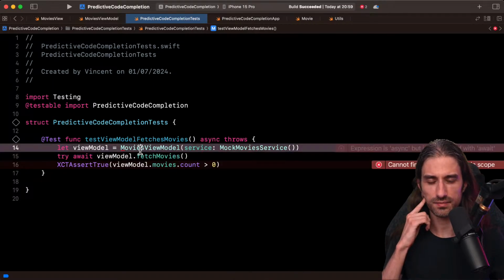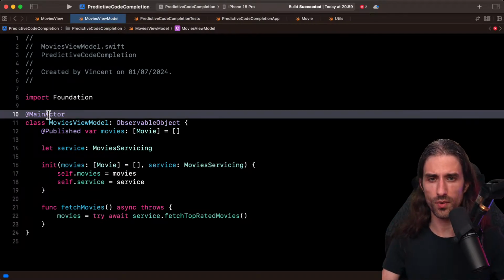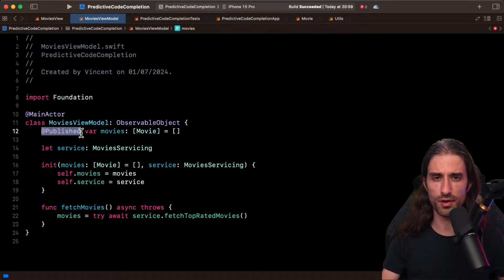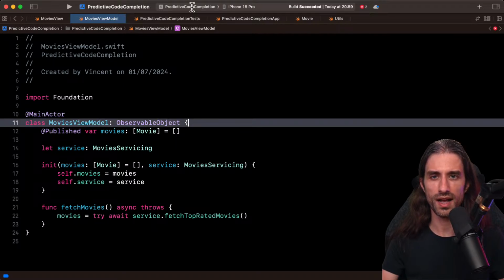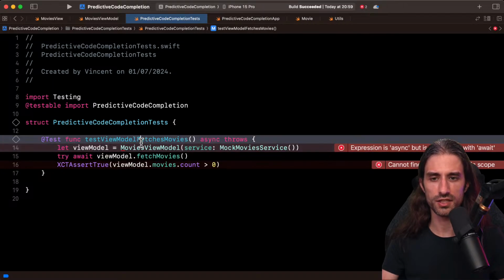Why is it, I think? I think it's because I've marked it as @main actor. To be fair, I am not sure whether or not you need to mark it with @main actor. No, I think you need to do it, because if you don't, then updating a published property from outside the main thread is a crash for sure. So then you will need to mark each method as @main actor. So this makes sense to mark the view model as @main actor, but then it has one drawback, which is that here in the test,